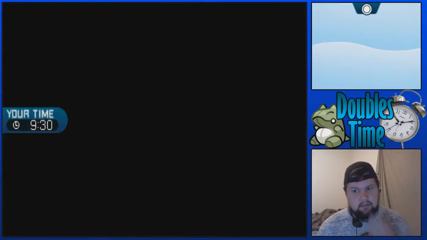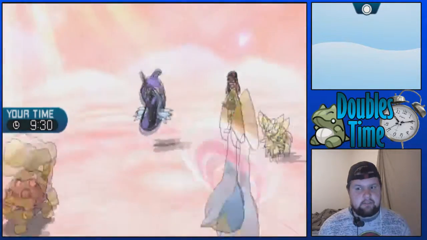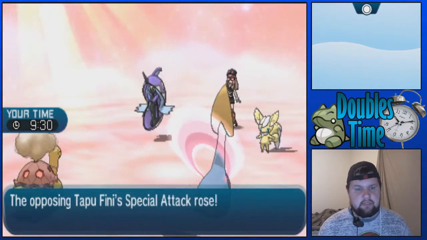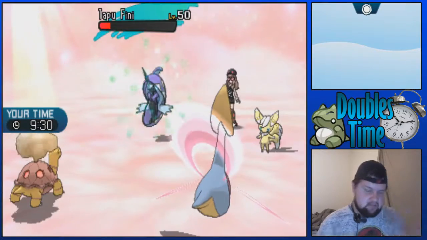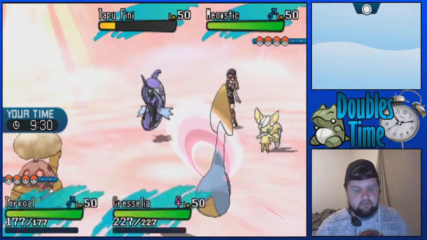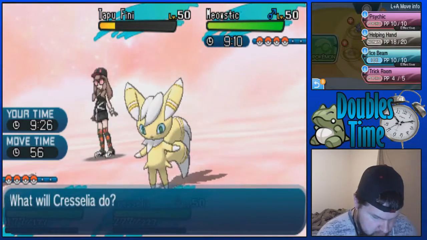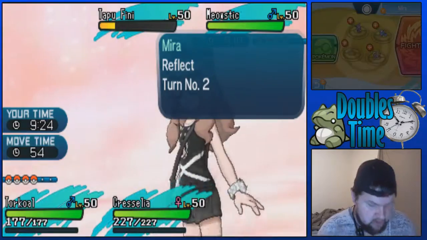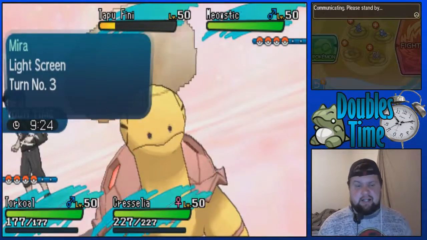Alright, so there's another Calm Mind from the Fini. It should survive another Solar Beam, especially after leftovers. But this Fini is getting way too confident. Because I Solar Beam here, and Helping Hand again. And I'll put Fini in a range where if it wants to knock out Torkoal this turn, then